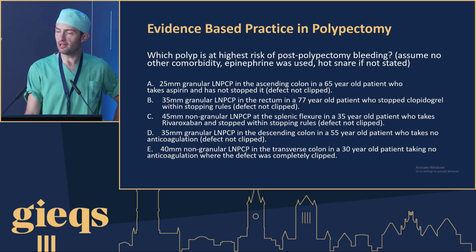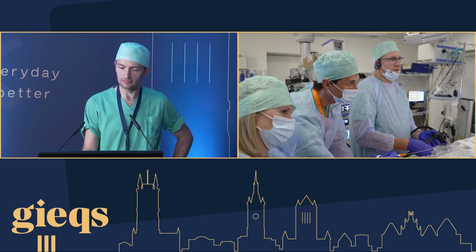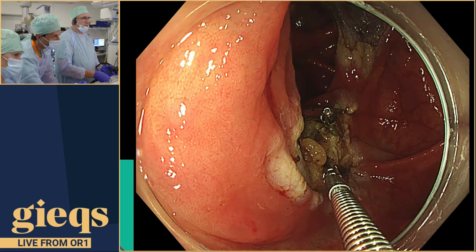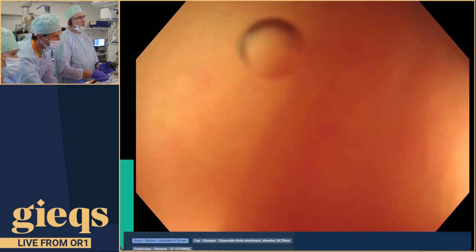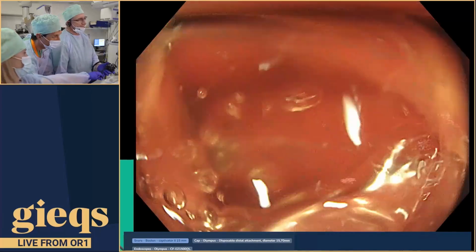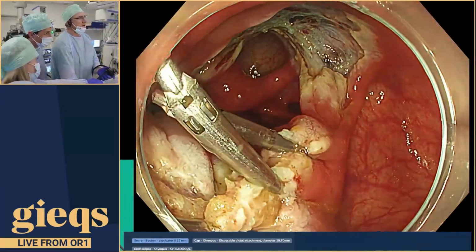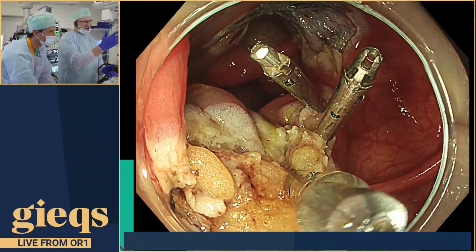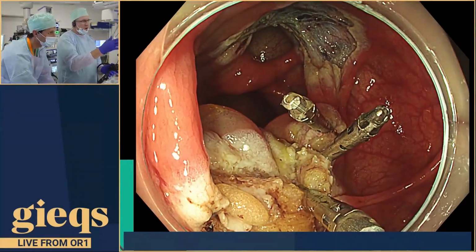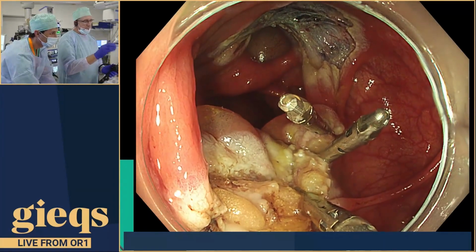Please, let's hear about the technique you're using to clip this. Closure. Okay, yep. So slowly close. Okay, fine. So first of all, you need to make an assessment of whether you'll be able to achieve a complete closure or just decrease the footprint of the size of the resected area, which, if you think about it,